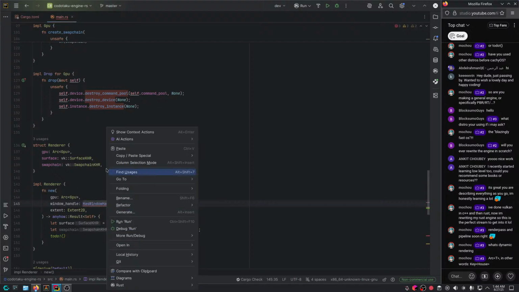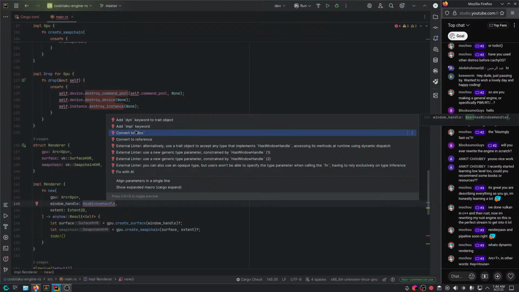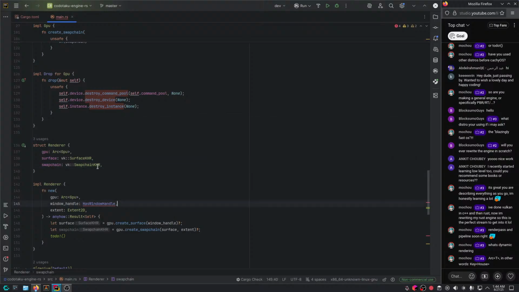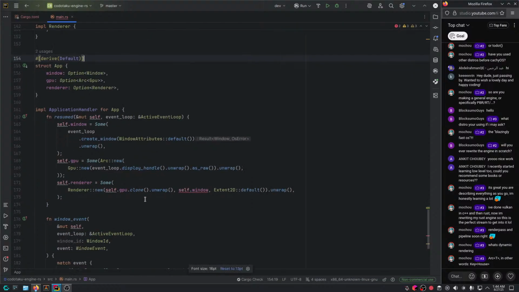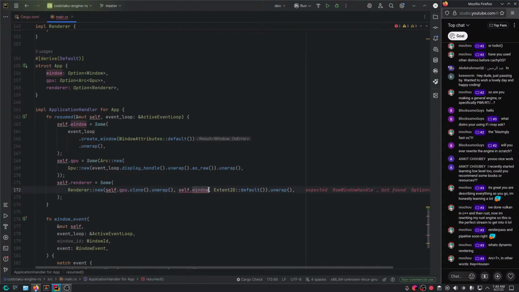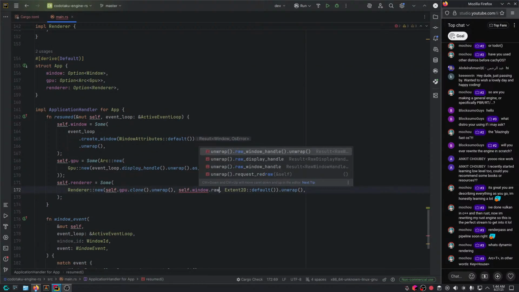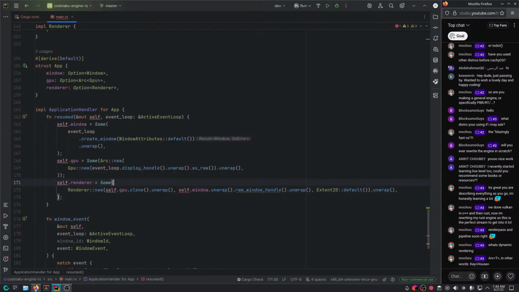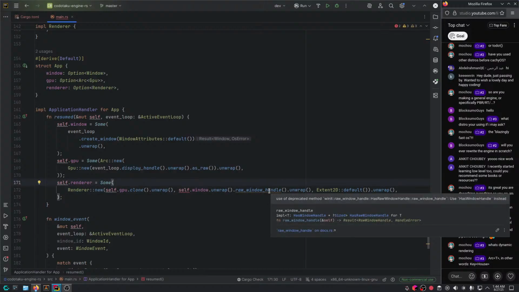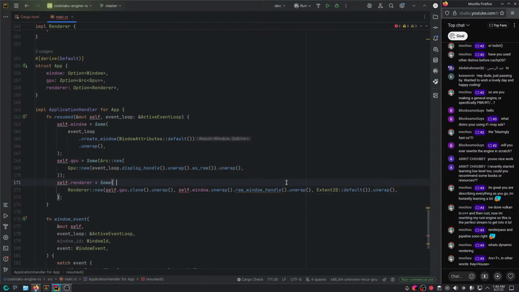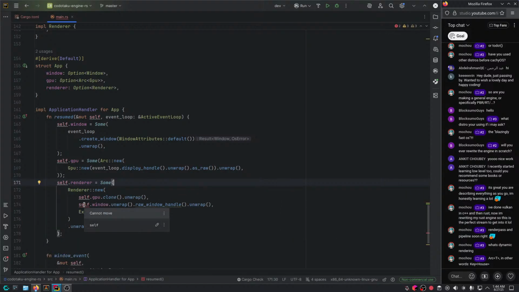Is that the case? For now, let's just use the deprecated one, really. I'm not sure how that works. So the raw_window_handle .unwrap. And now what's going on here? I guess that maybe works.